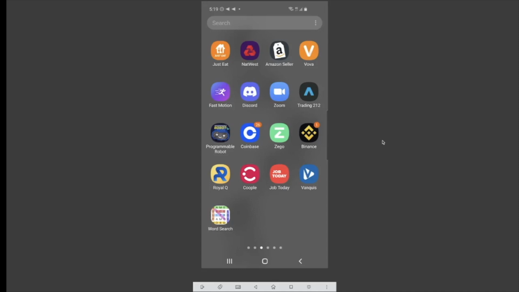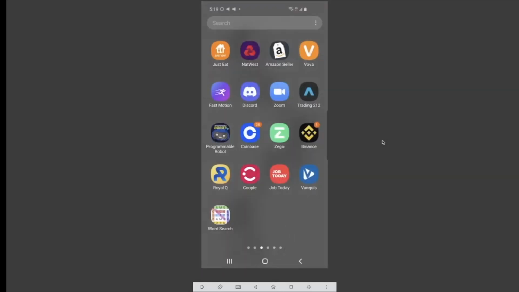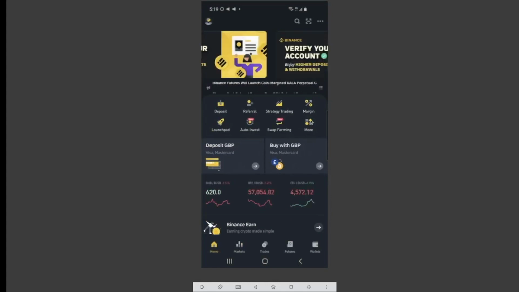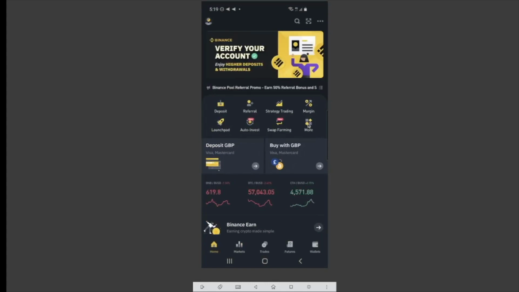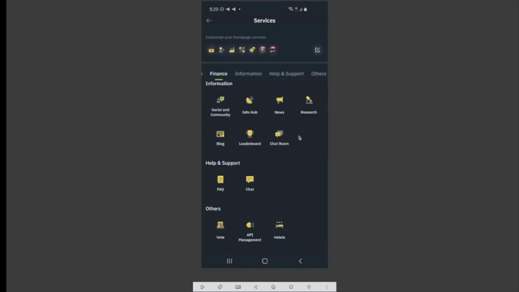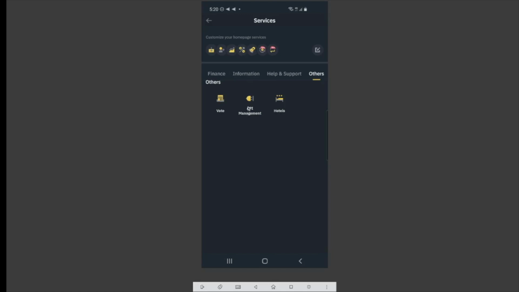I'm about to show you how to connect your Binance and Royal Q together with the API settings. So, what you want to do first is go to Binance. You see More here. You look for More, click on More, scroll all the way down to the bottom and you see API management. You click on that,